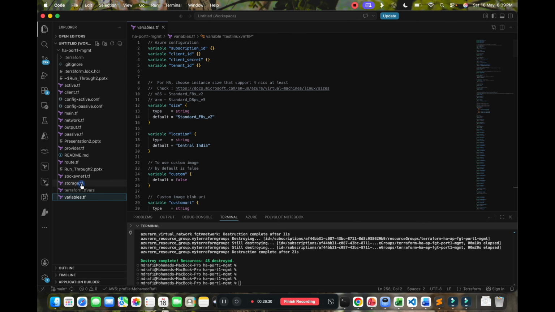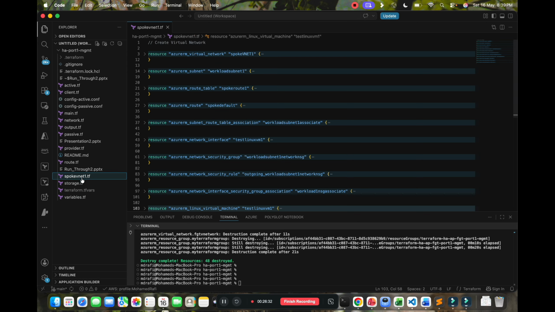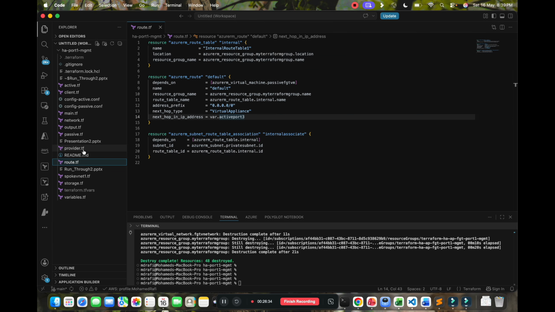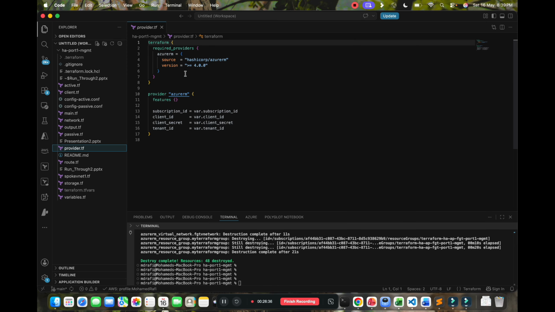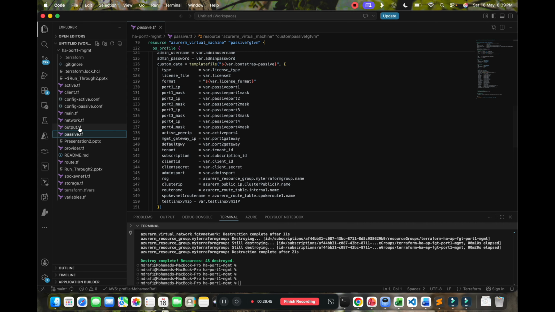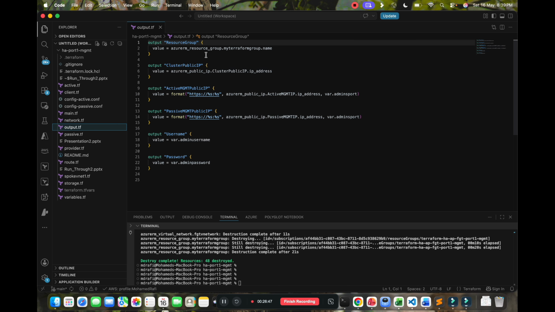So the variables declared, storage declared, the spoke VNet I have reviewed, route is defined, the provider, which is very basic. So you are supposed to give the required provider and the AzureRM specific features, whatever that you need. And the passive we have defined, and the output file, which is pretty straightforward. You have your resource, we are printing resource group, cluster public IP, active management IP, passive, and the username and